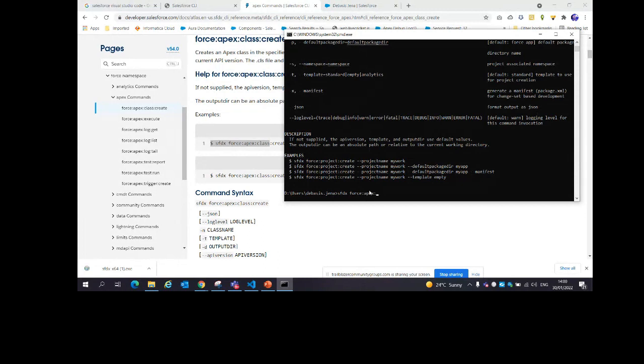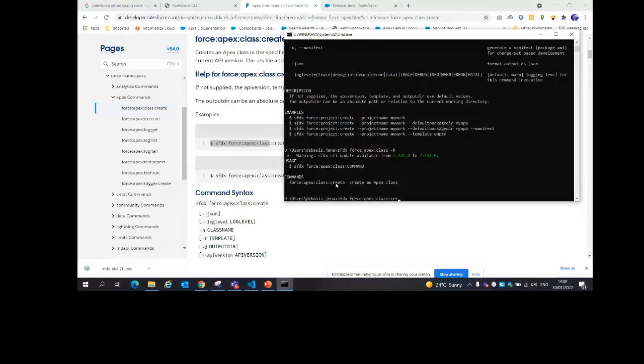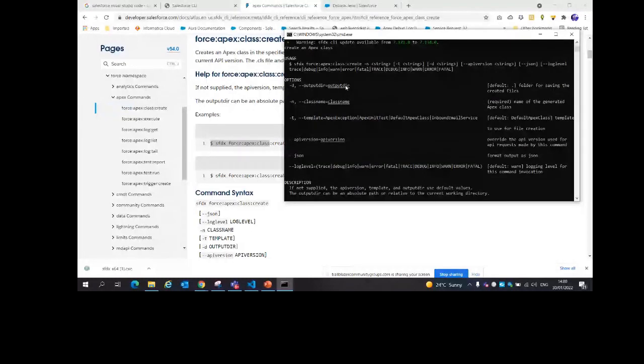I want to get help of it. I don't know what it can do. A command where I can pass create as one of the parameters. I want to define creating a class. Simply it can take a class name. Okay, you can see here multiple parameters: which folder you want to store in, what is the class name, what type of class it is, and